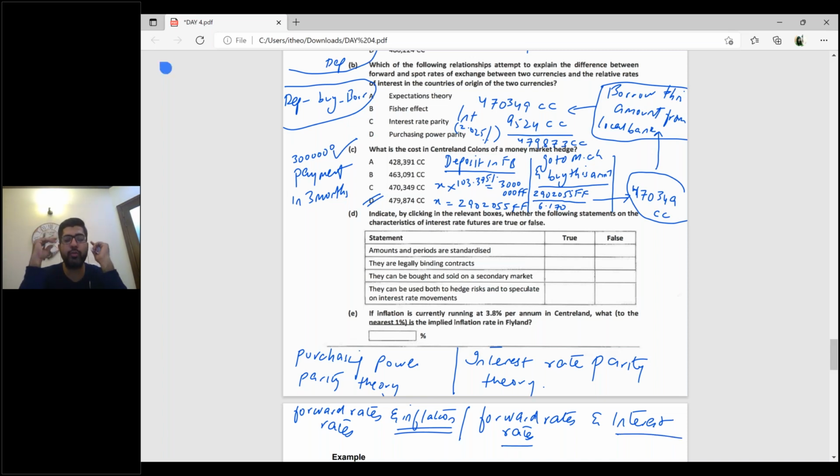So these are the two theories: purchasing power parity explains forward rates and inflation rates, and interest rate parity explains forward rates and interest rates. Okay,